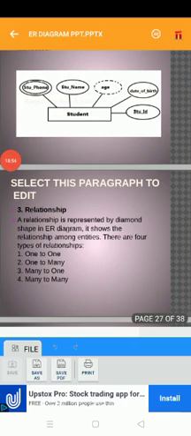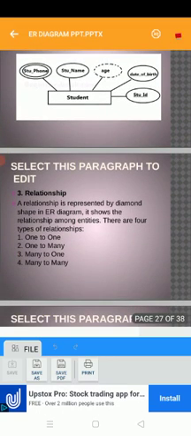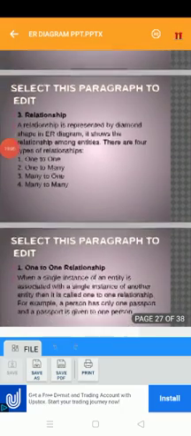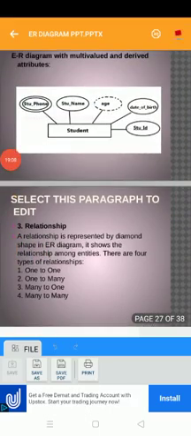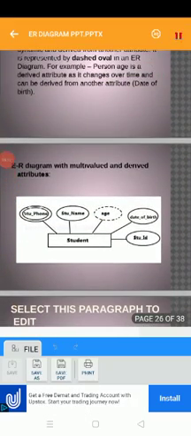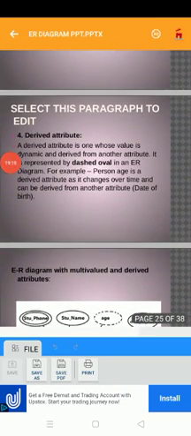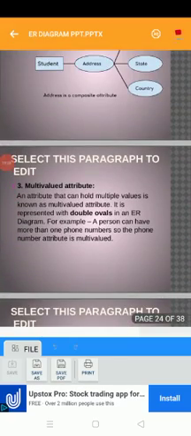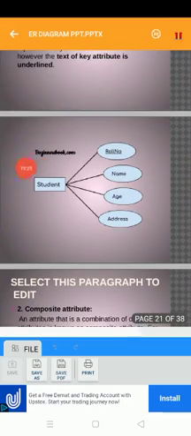So this is about the ER diagram. Whatever is in the database, the data is graphically represented in the ER diagram. So we use the ER diagram in databases. The structure of an ER diagram is also known as the structure of DBMS.